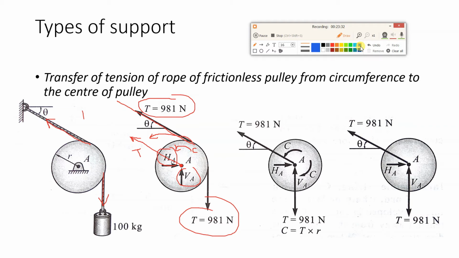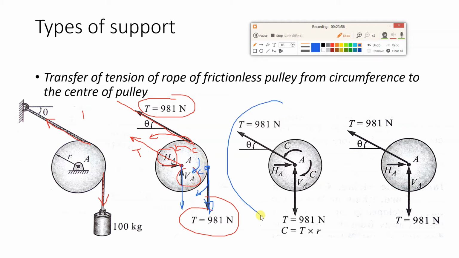Next, we will see the bottom side. This is a force. We have to transfer that force to the center, point A. So as it is, we have to transfer. So T will be over here, and then keep your thumb at point A, keep your index finger over here, and rotate it in the direction of the arrow. It is clockwise. So here a clockwise couple will be there.